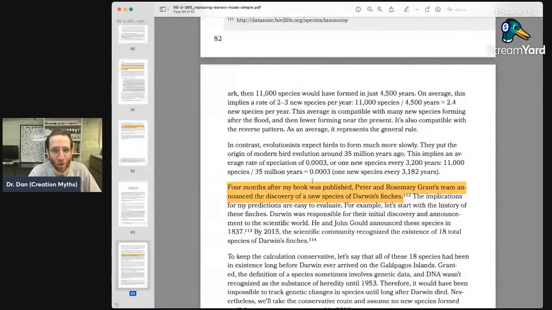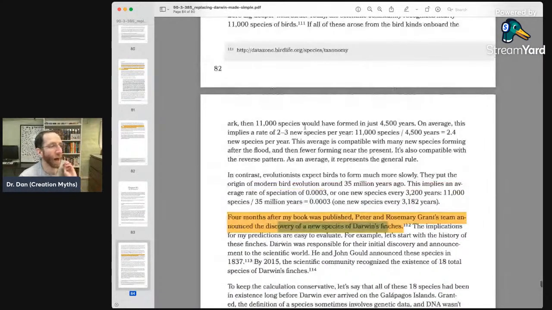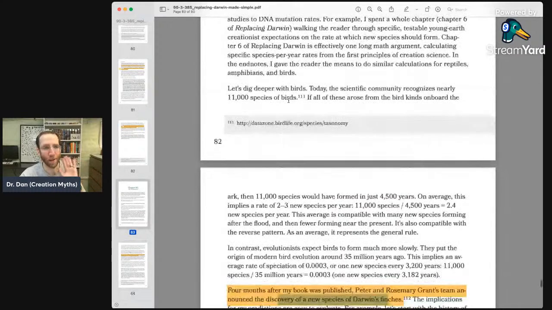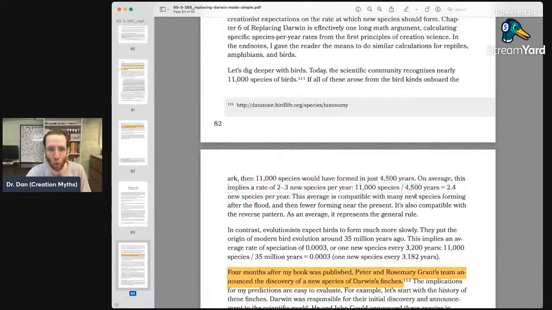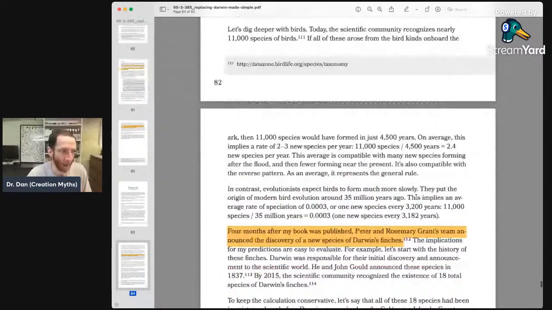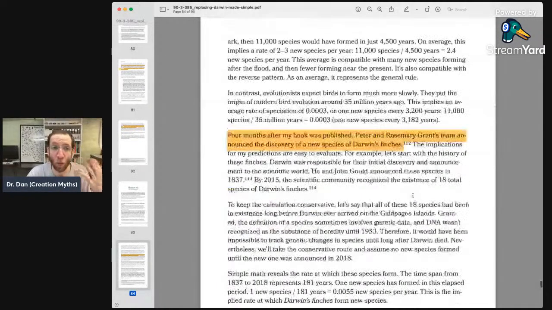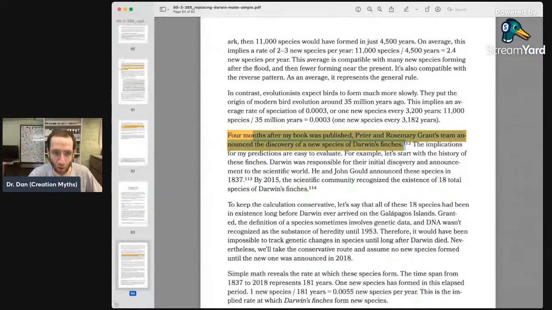He says that this Finch confirmed a prediction. He talks about this math that is insane. I'm not even going to go through this math because it is banana pants, but he's talking about the rate at which speciation can occur. And I mentioned earlier that he just ignores all the ecological constraints. I'm not going to go through the math, but this is meaningless because he's ignoring ecological constraints in evolutionary processes. And you can't ignore things like that. But what he's saying is the new Finch species validated his prediction in terms of bird speciation rates or whatever, right?